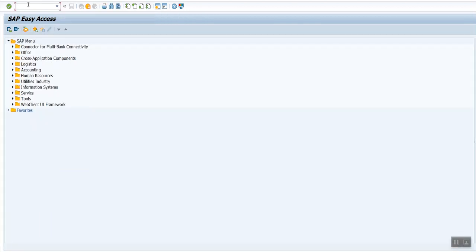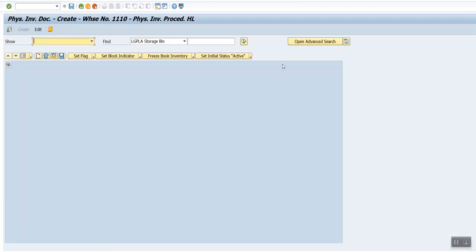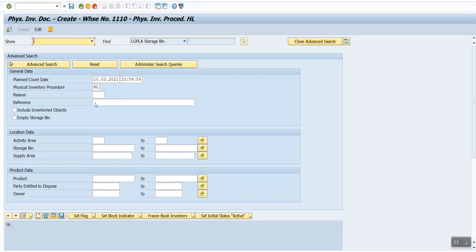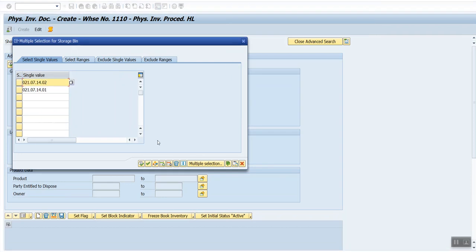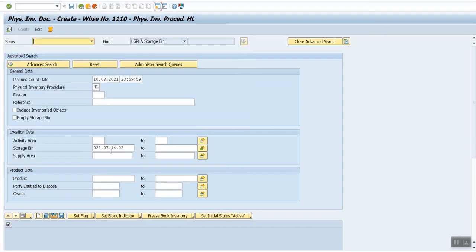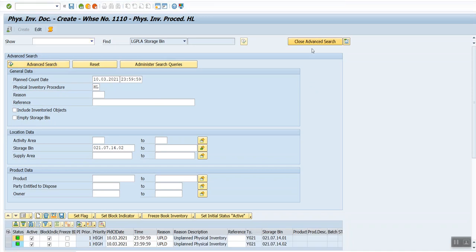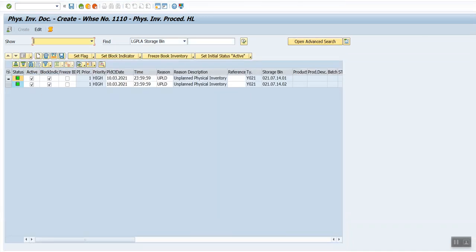We will go to the GUI transaction to create the inventory record. Okay, so we said that we will create the inventory record for these two bins which we identified here.